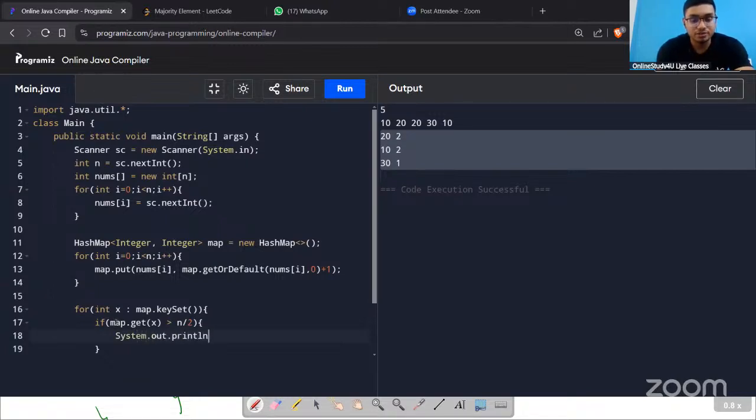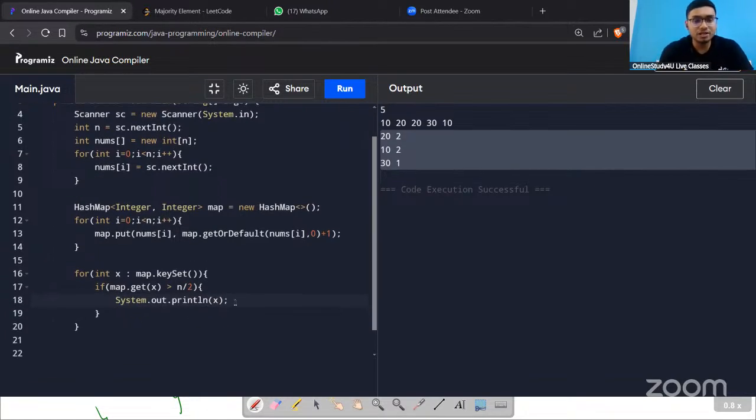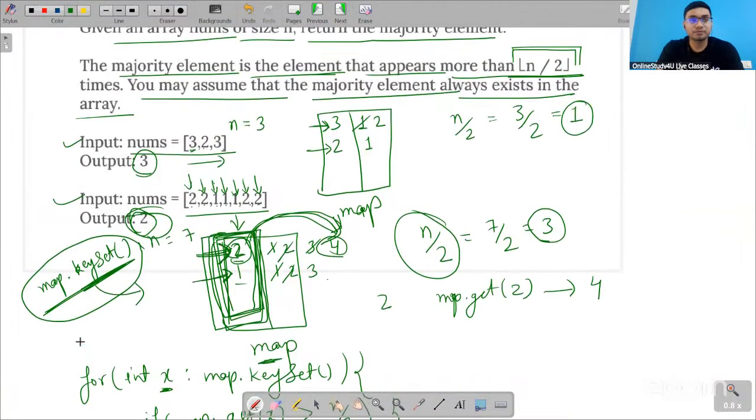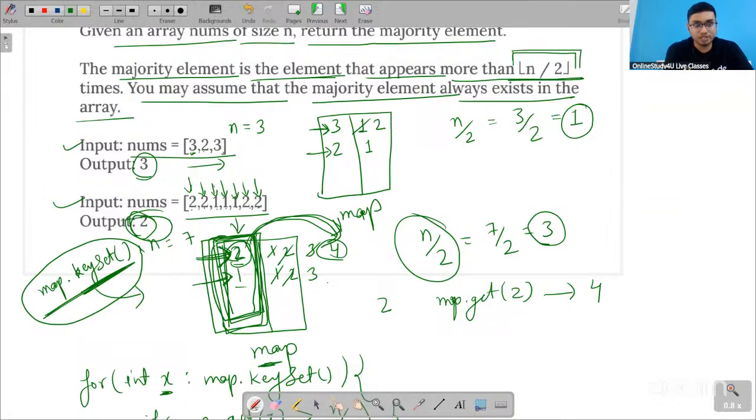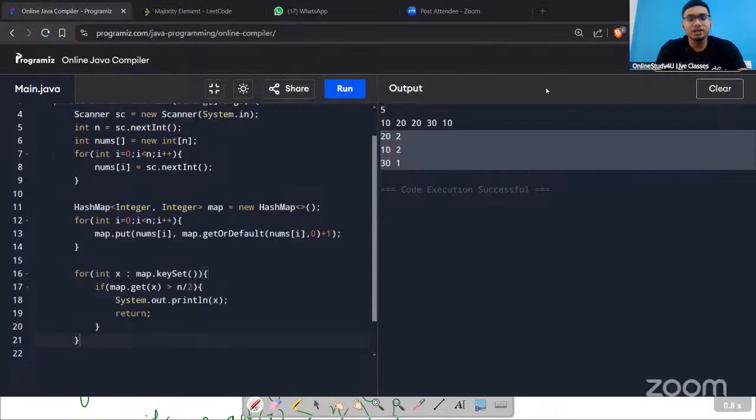System.out.println this x. Fine. And then after you can return or you can stop. Suppose I'm not getting any value which is coming more than n by 2 times. Suppose, but this case will not happen because the question already says you may assume that the majority element always exists in there. Okay, so the case where I can't get any majority element, this case will not happen. Okay, but in case